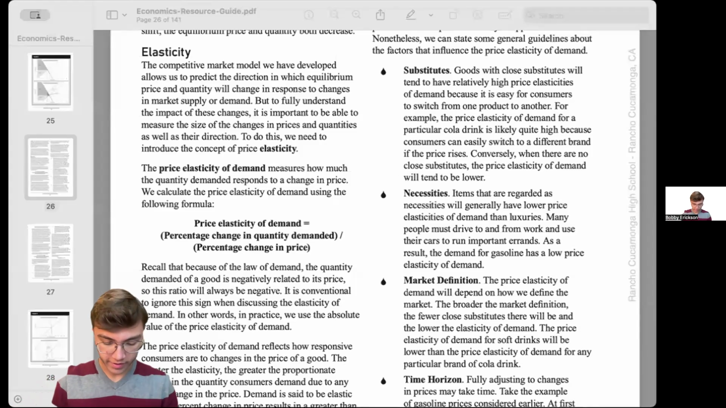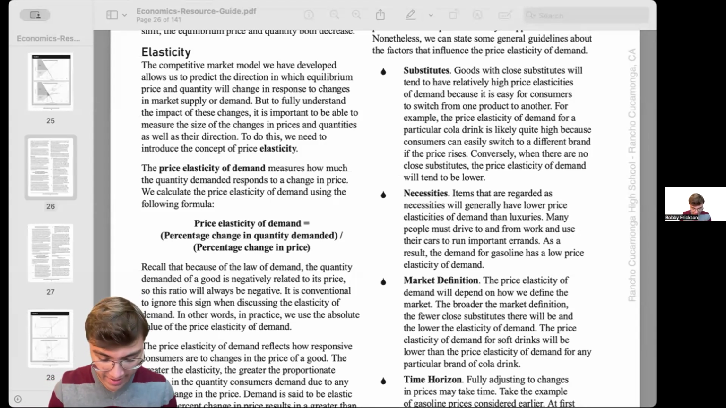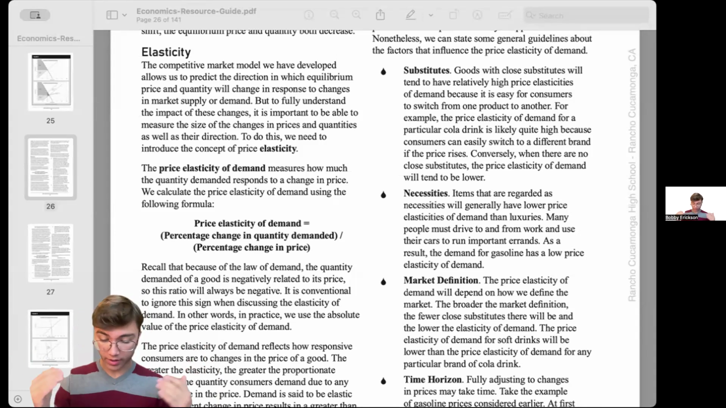In our discussion of elasticity, we're going to be defining, well, what is elasticity? We've started to get this idea of what a competitive market model is and how we're going to predict where the equilibrium price and quantity are going to be changing and how it's all changing in relation to market supply and demand. We need to understand, however, how much of a change is happening given changes in price. So how much of a change in quantity of either supply or demand is happening given a certain price change. And so this is where we start to get the idea of price